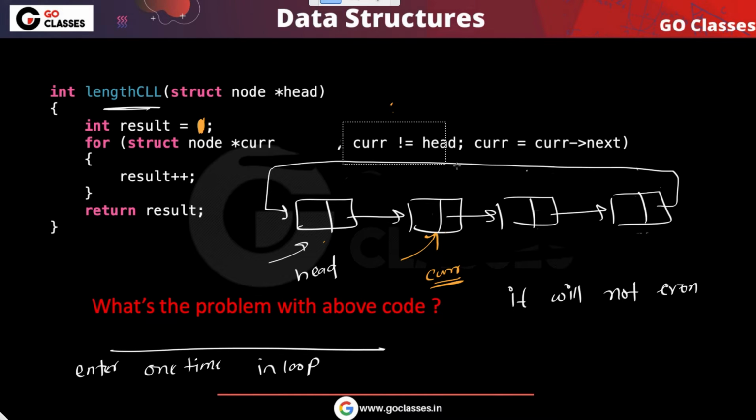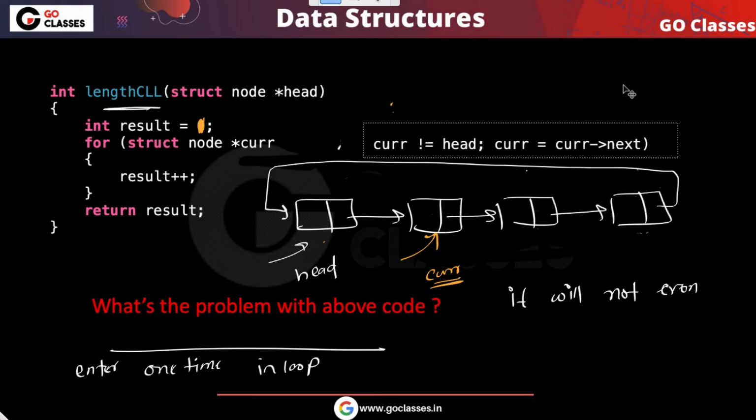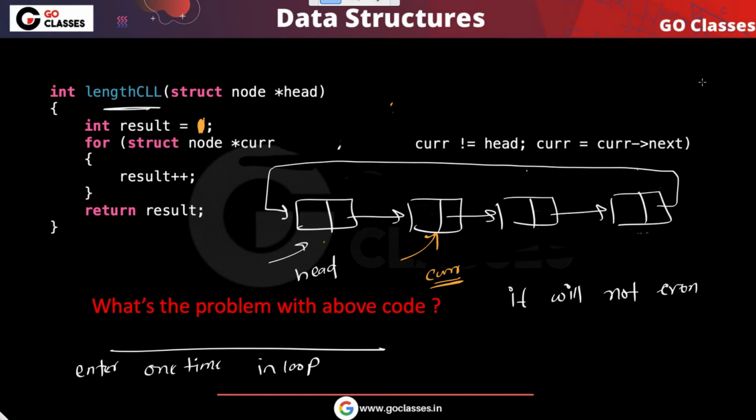So let me just shift this a little away so that I have some room to write the current initialization. So I do need to write head next, right? And then you can say yes, this will work, right? But before that, this is the correct code, but before that you actually need to check whether head